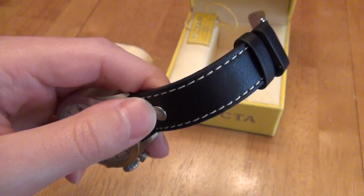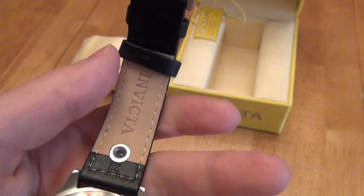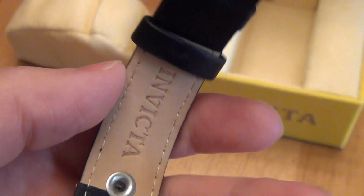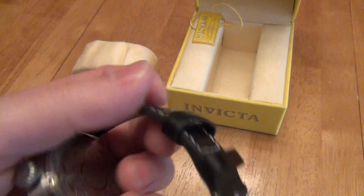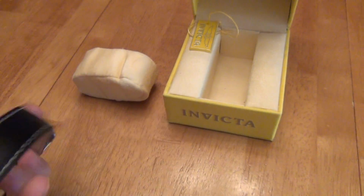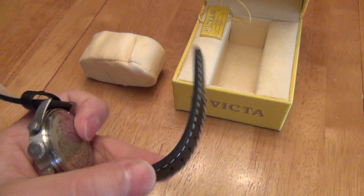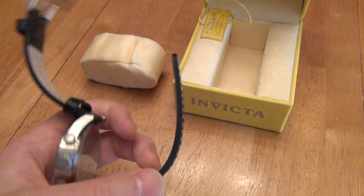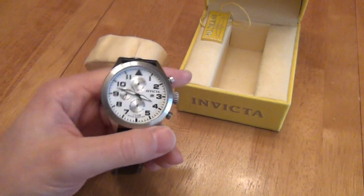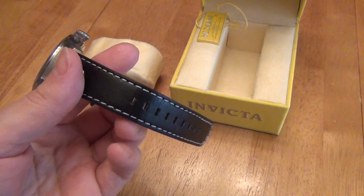Now let's talk a little bit more about the leather bands. So, like I said before, I prefer them over the woven nylon of some of the Invicta ones. This one just freely moves around while this loop is fixed. It's easy enough to get through and put on your wrist just like any other leather band, but I find, since it's a large watch, so it's probably not for young boys,